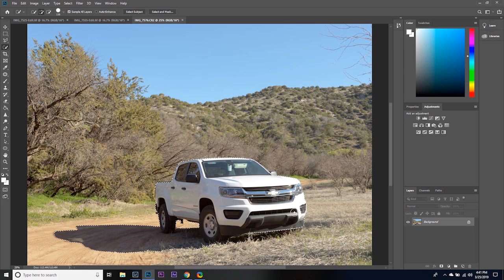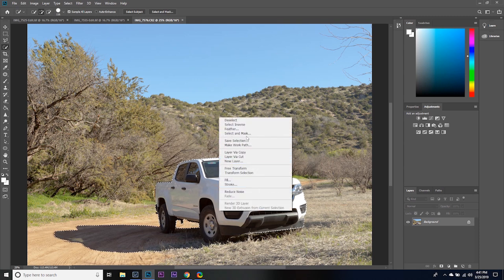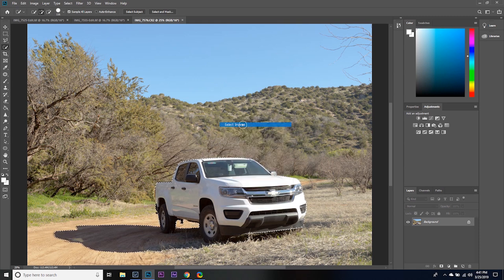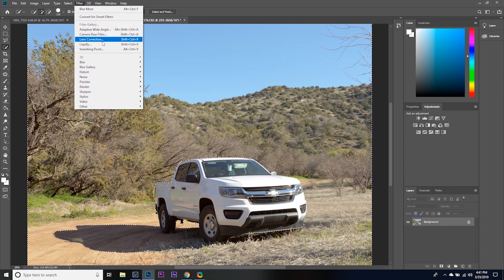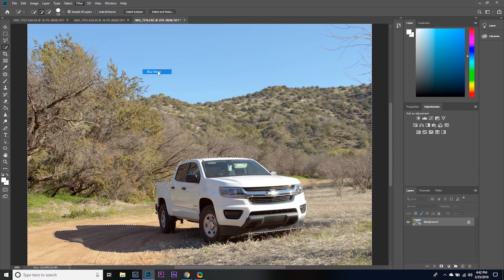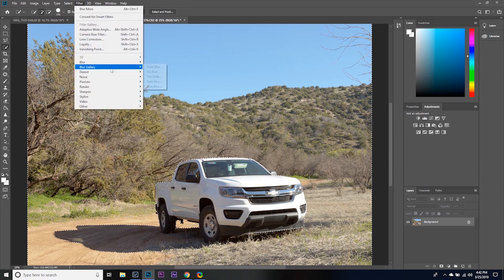You're going to select inverse when you right click, and that's going to select everything but the truck and the shadow. Let's go up, select inverse, and then you're going to go up to the top, and then you're going to select blur gallery. I clicked blur a few times here. I tried to edit it out, but you're going to click blur gallery,